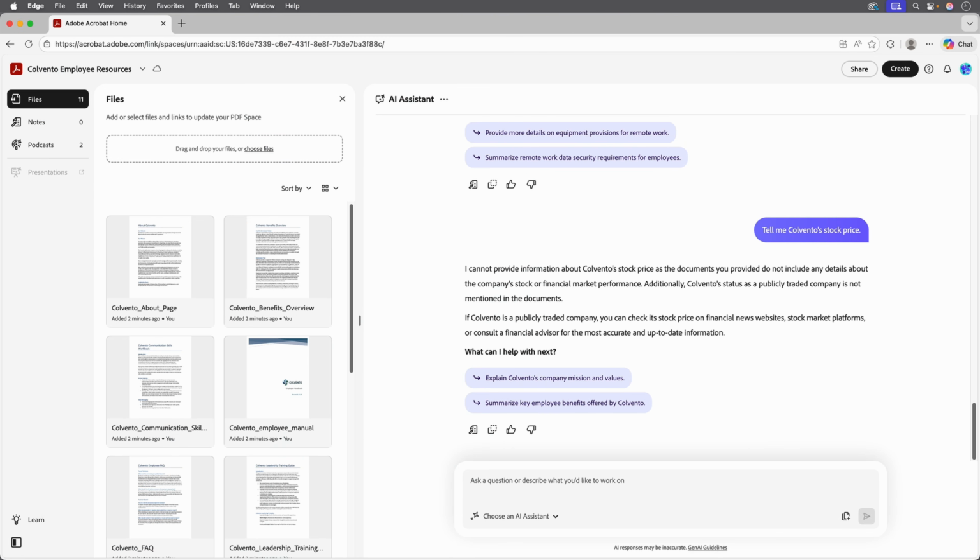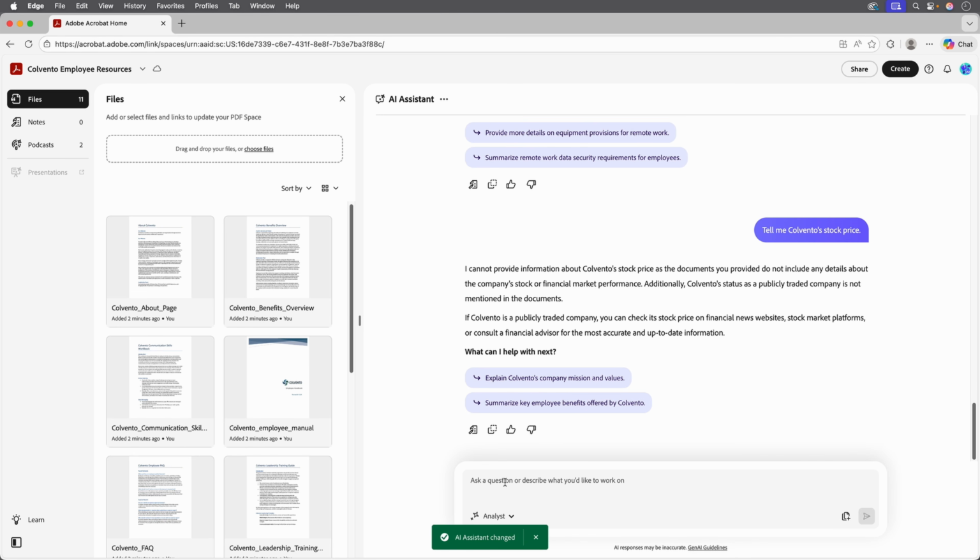Now, so far we've been using the default AI Assistant in PDF Spaces, but you can also select from other personas for specific roles. You can choose from these three existing personas of analyst, entertainer, and instructor, and you can see rolling over their names gives you a brief description of them. And you'll get different types of responses based on the persona you choose. You can even create your own personalized assistant for your PDF spaces by choosing Create Your Own. For this example, I'll switch to the analyst persona,